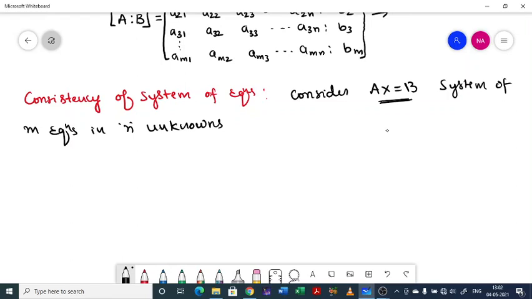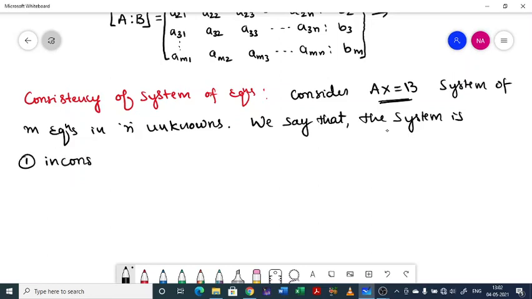Not necessary to write once again. First point, we say that the system is inconsistent if